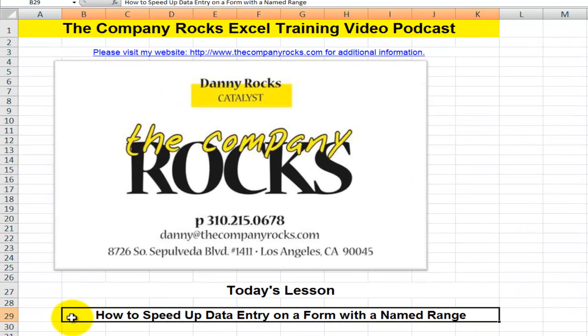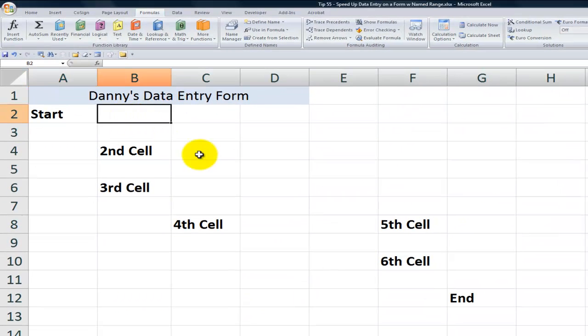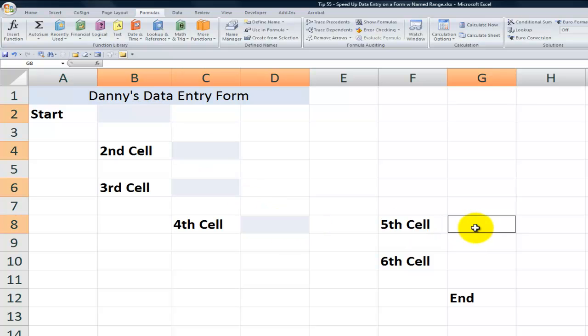I'm Danny Roxon. In today's lesson, I'm going to show you how you can speed up data entry on a form using a name range. We're going to create a name range of non-contiguous cells, typical of what you would expect to see on a form. For example, the cells that we want to select are these cells which are to the right of our